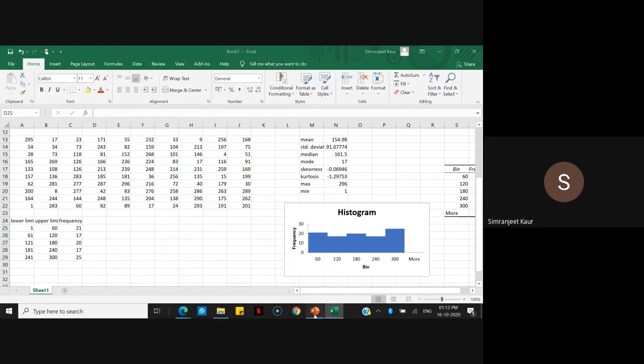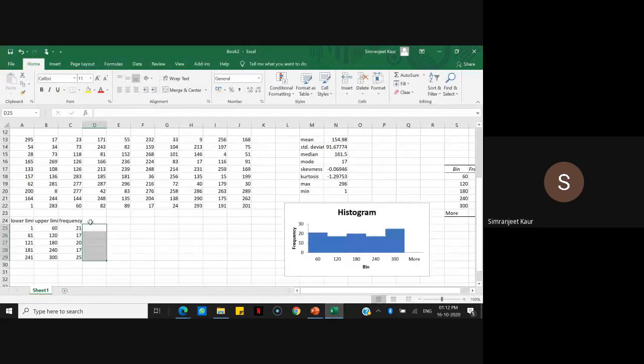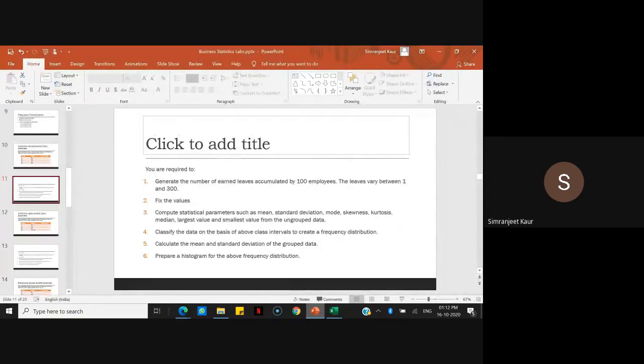Now let's go to the next part of our question. So we have created a frequency distribution. Now come to the fifth part. Calculate the mean and standard deviation of the grouped data. So for standard deviation, if you recall, the formula is, I'll just write it down for you.